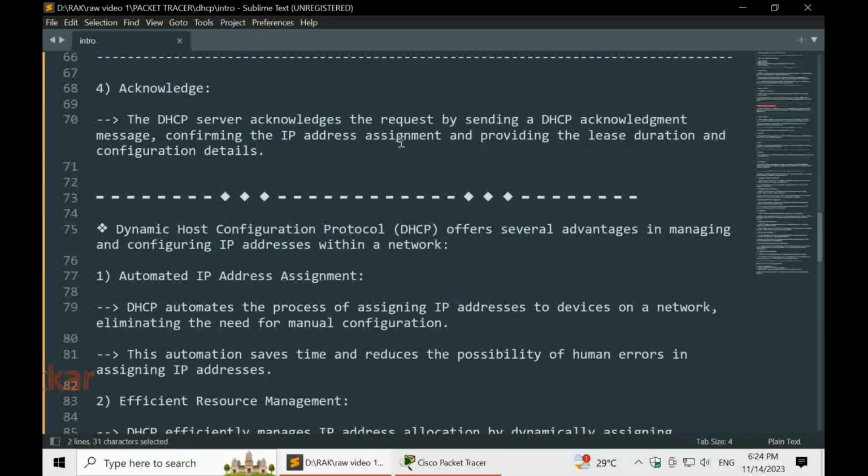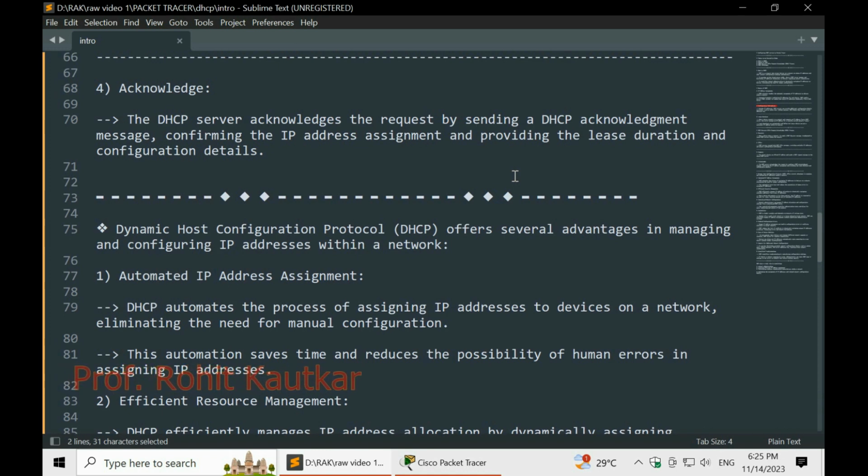Last stage we have is acknowledge. The DHCP server will receive the client confirmation and it will acknowledge the same by sending a DHCP acknowledgement message. This message will confirm that whatever IP was offered is selected and confirmed by the client. That's why this IP is assigned to the requesting DHCP client.